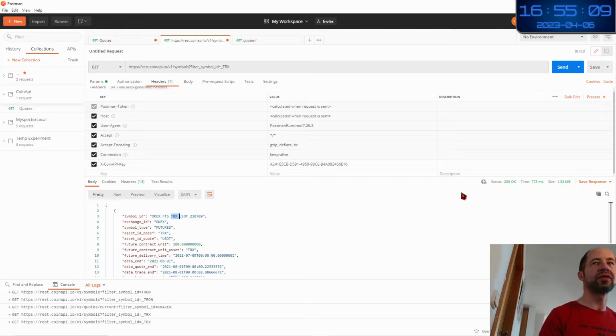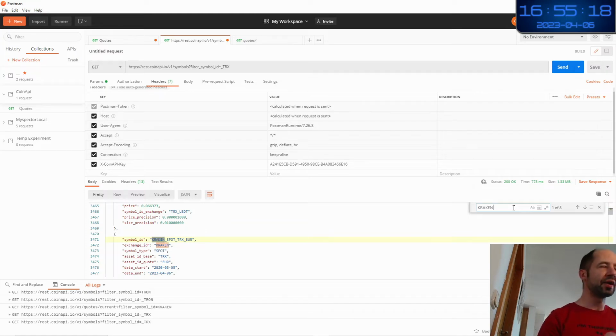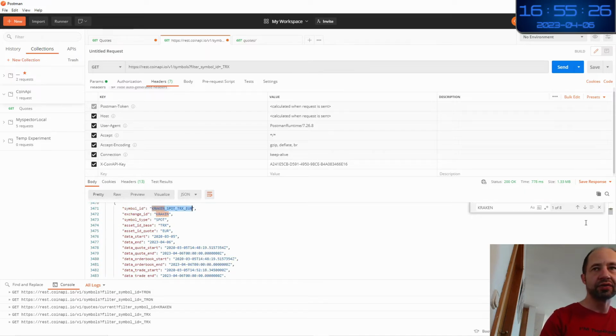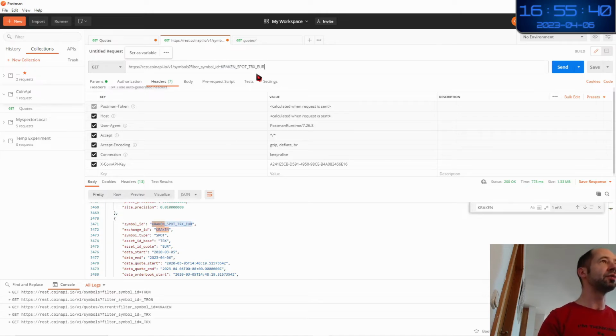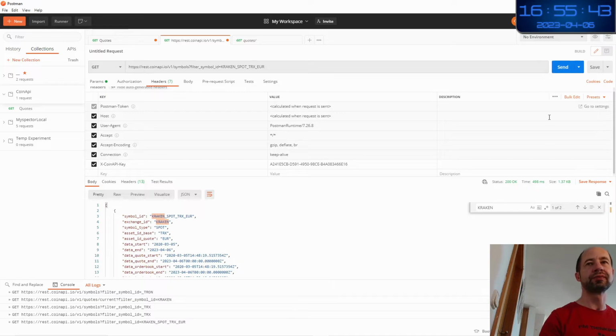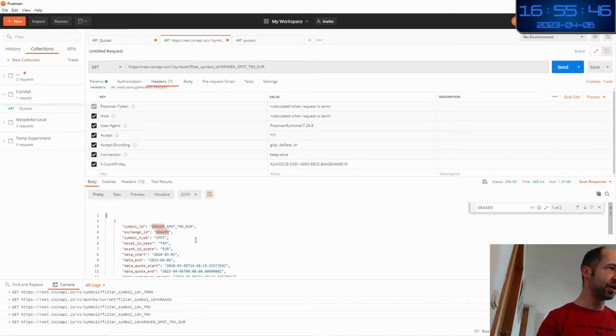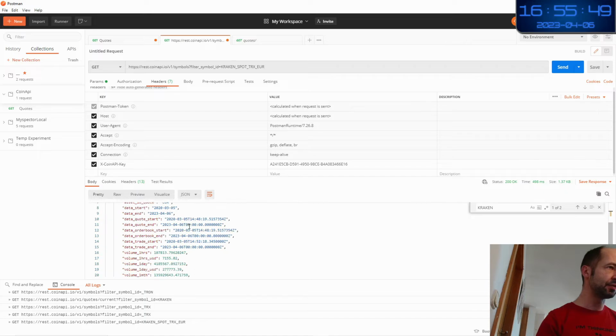Inside the symbol, there is the name of the exchange. So we can search for the Kraken keyword in the response. Because I am looking for the Kraken exchange data. And you see here I have the Kraken exchange, the spot value of the TRX euro. If I continue, and you see here the orange, this is the only response which has Kraken. So if I am interested only in the TRX price coming from the Kraken marketplace, I am going to take this, and I can update this one, put it there to ensure that I have only one response. So here I have only one response, which gives the symbol ID here.